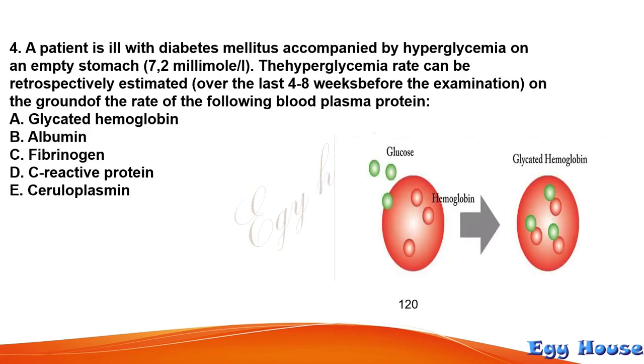Next question. The patient is ill with diabetes mellitus and was accompanied by hyperglycemia. So we estimated over the last 8 weeks before the examination, we can estimate his blood glucose through glycated hemoglobin, because